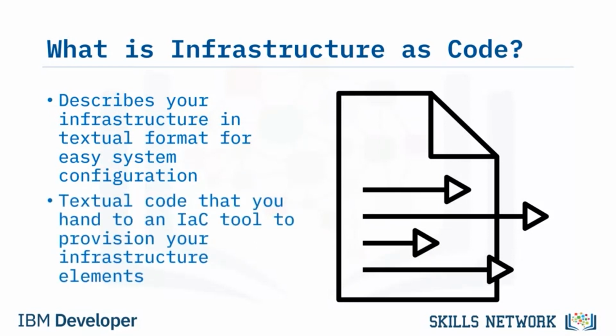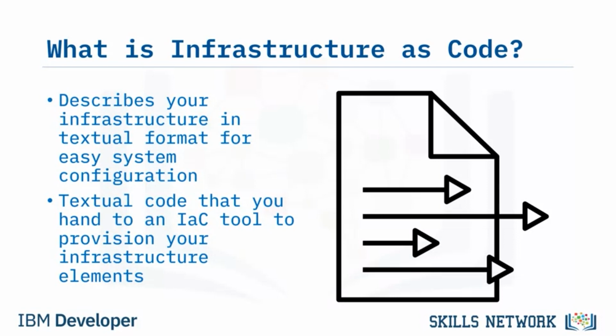We're talking about textual code that you could hand to an IAC tool, and that tool reads the code and then builds your servers and networks and storage, etc. Essentially, the core infrastructure elements that you need. Using these tools with this textual code means that everyone gets the same environment every time, so it's consistent and repeatable. Textual code is normally written in the YAML format, which is a very common way to write and declare